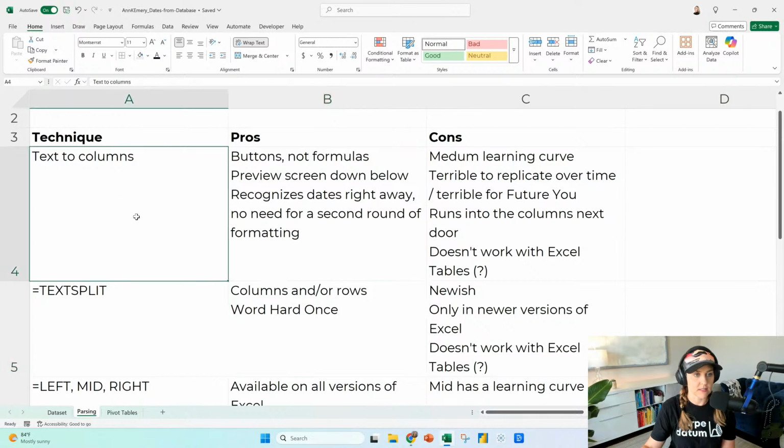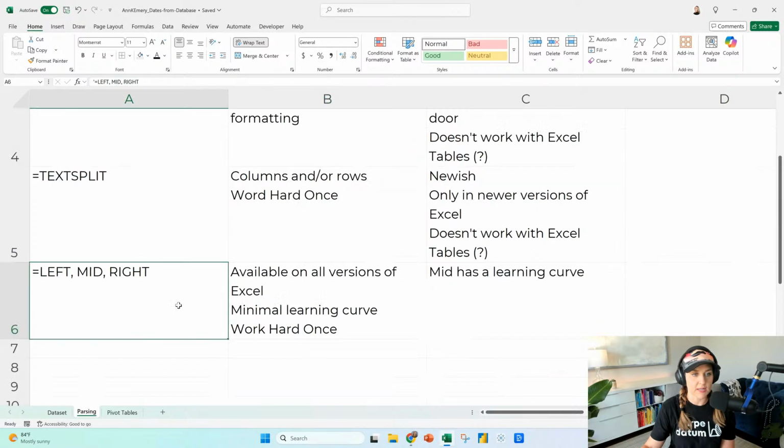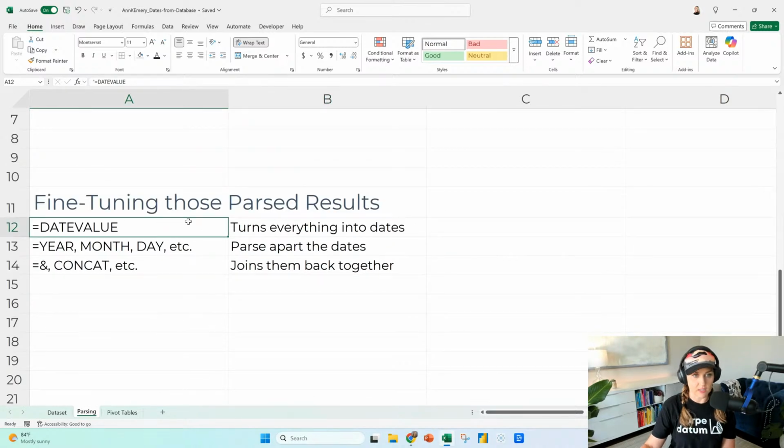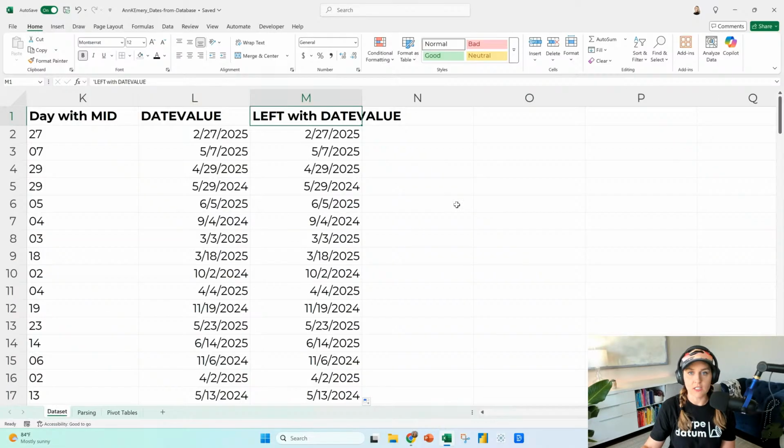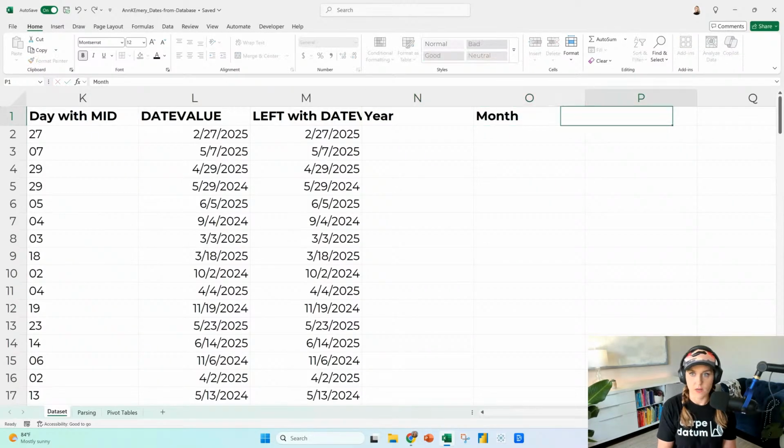All right, you learned text to columns, TEXTSPLIT, LEFT, MID, and RIGHT. DATEVALUE. These are not necessary for what we need to do, so just consider these bonus techniques for yourself. These are just really nice to have, and they go in the date batch. YEAR, MONTH, and DAY. YEAR, MONTH, and DAY are like once you have something in date format, you can actually parse it apart more